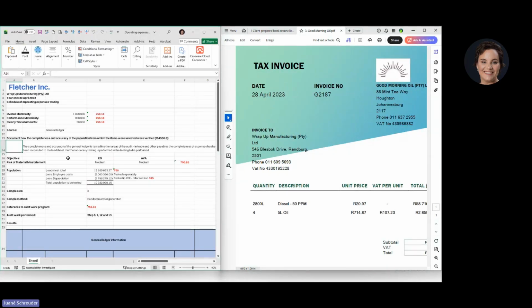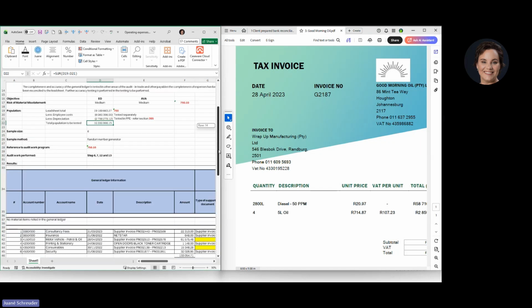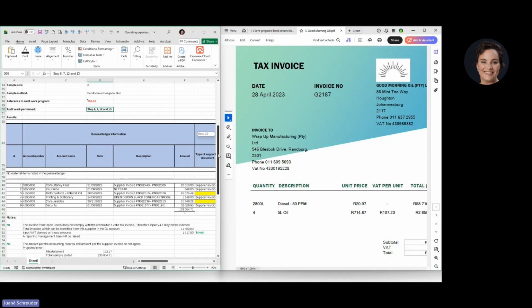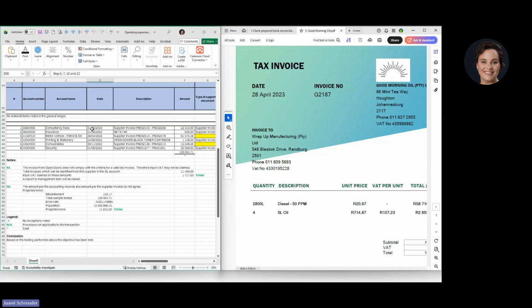So we've done that through the reconciliation. There's a whole explanation there of everything we've done. There's the reconciliation showing what has been tested elsewhere, the depreciation and so forth. Then the senior went to select a sample of 6 items for us. That's not our focus today, how to select them. We did that through a random number generator. We've linked the steps from the work program, and then we went to do some work on those